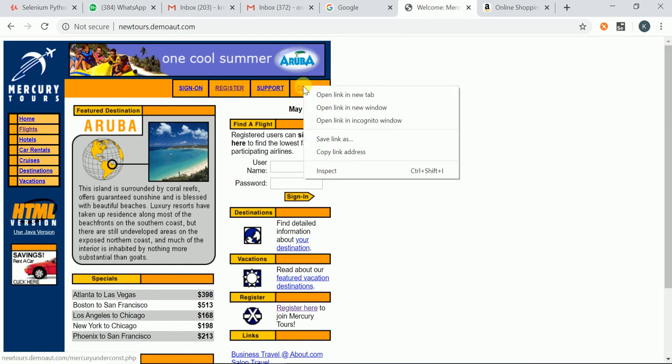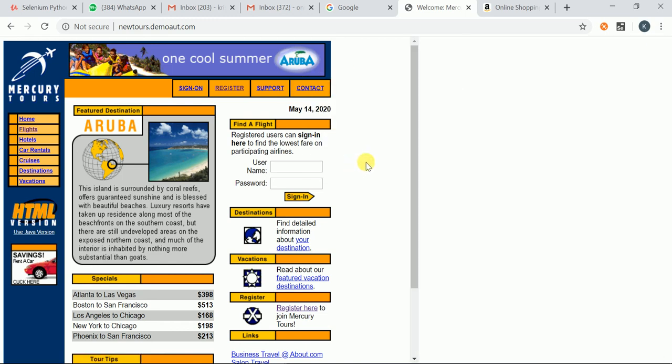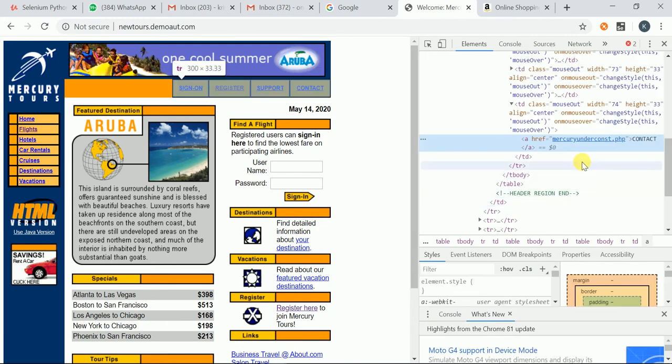Similarly, I want to identify Contact. See here, A is the anchor tag and href is the attribute and its value. Before the closing of the tag we have some text, that is a link text. So whatever the text Contact is, this is a link text.